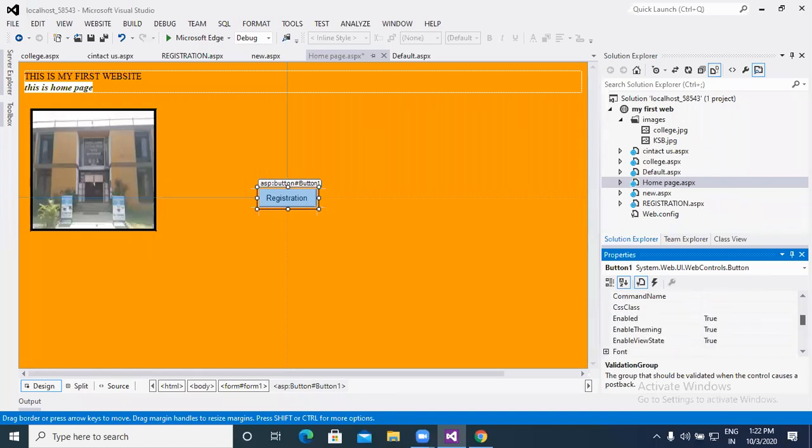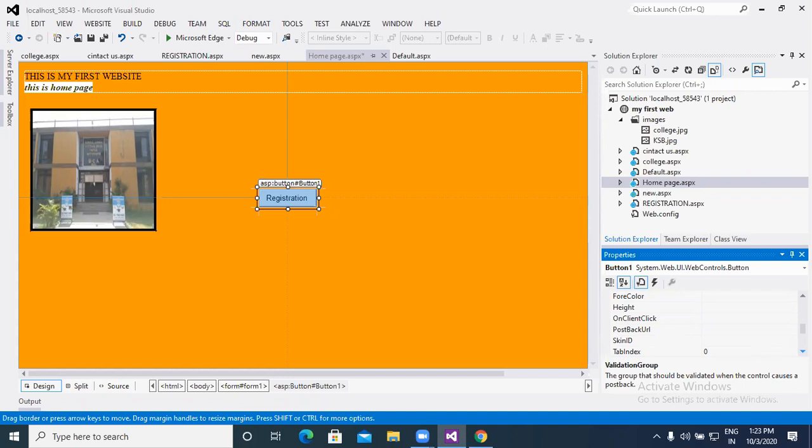So basically the important properties are, first of all, the name ID, that is with the btn prefix. Then the second one is the postback URL. It is a most important part.